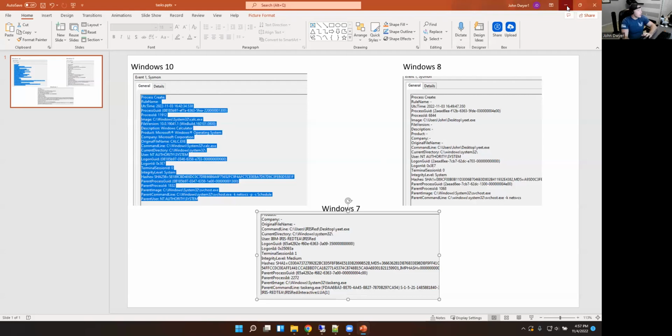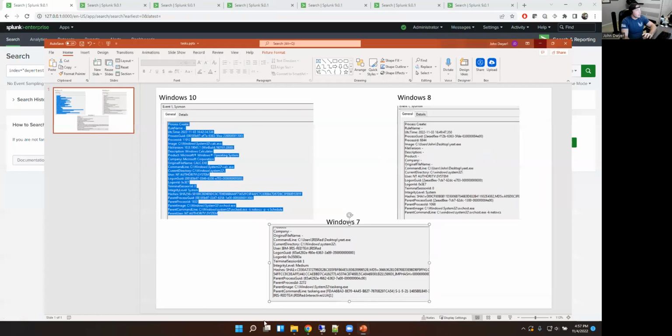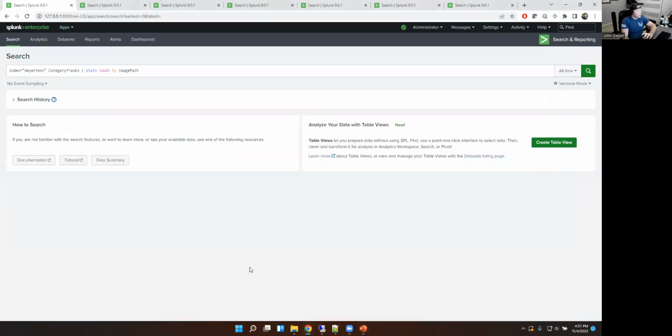Okay, so now that we know a little bit about scheduled tasks and how they operate, let's take a look at some quick wins on how to analyze this data to try to find some evil. Okay, so the theme of everything I'm going to be talking about here is that not only are we going to look at data, we should actually try to apply some context behind our analysis. Meaning, we should think about how a scheduled task is used by an adversary, and then what